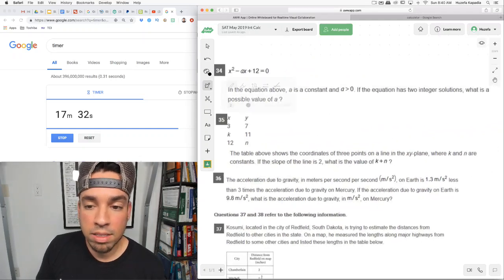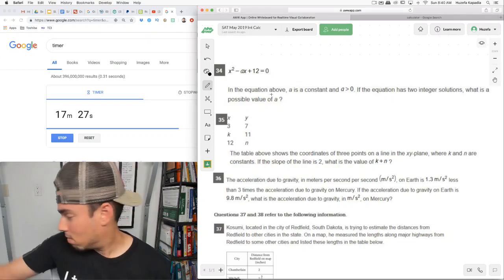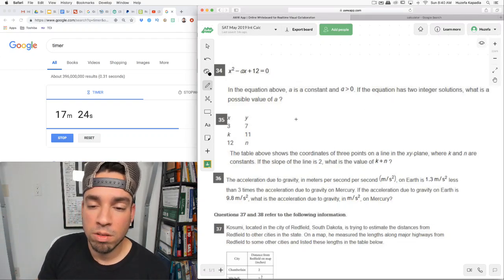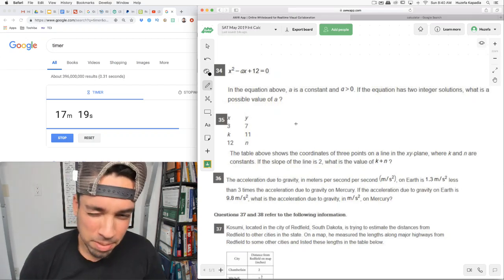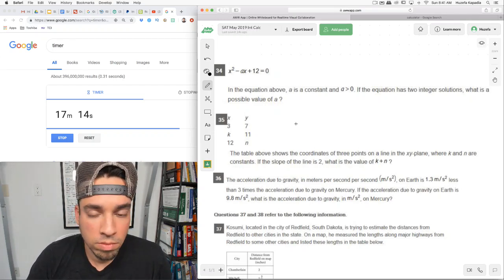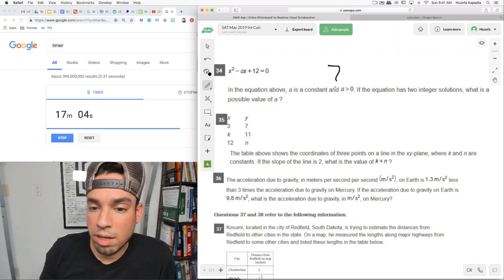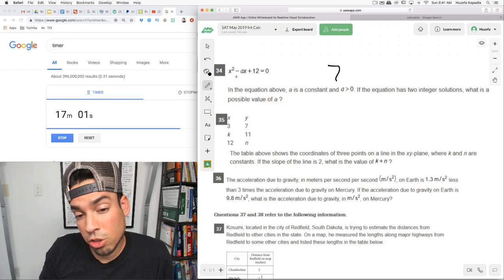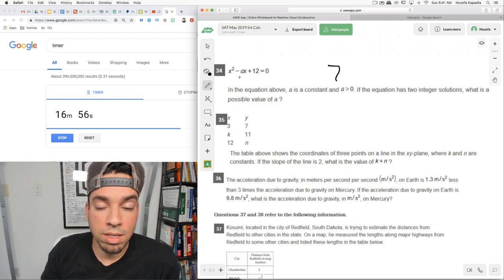In the equation above, a is a constant, and a is greater than 0. If the equation has 2 integer solutions, what is a possible value of a? Okay. Wait a minute. What? Wait, hold on. Negative 7? I guess. This is kind of a weird question to me. I think all they're trying to say is, if it has 2 integer solutions, all it means is like this